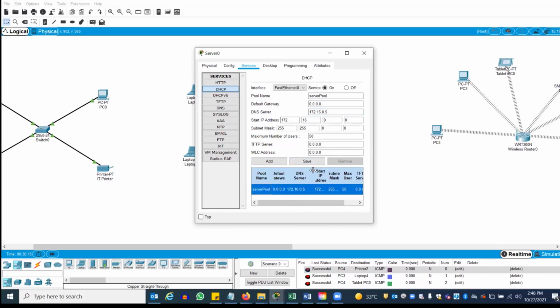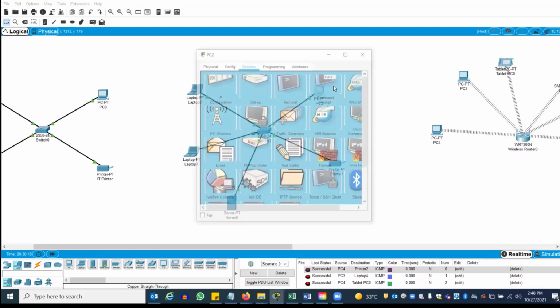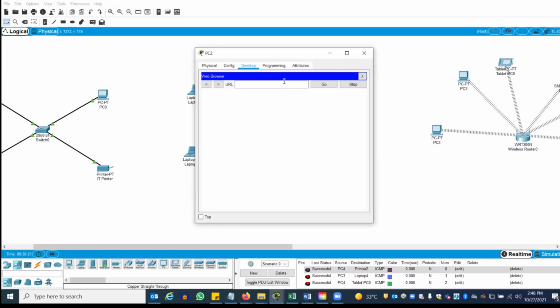Okay. Let's see if it works or not. Cisco.com. Some error is coming. Let me see.